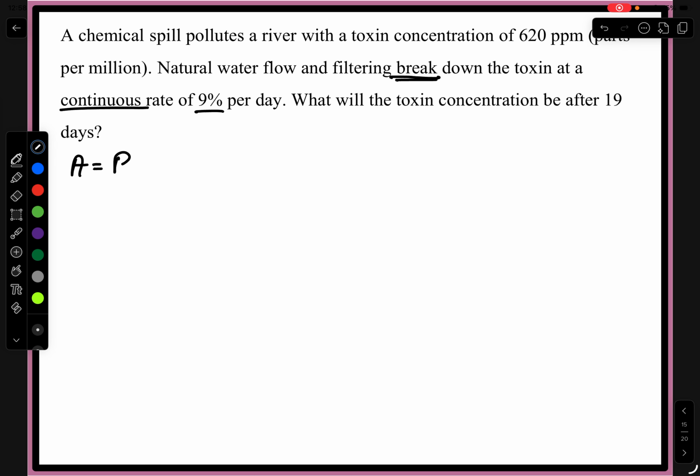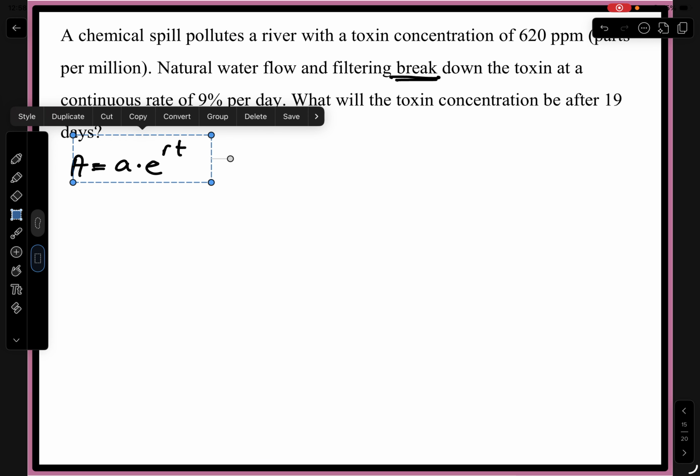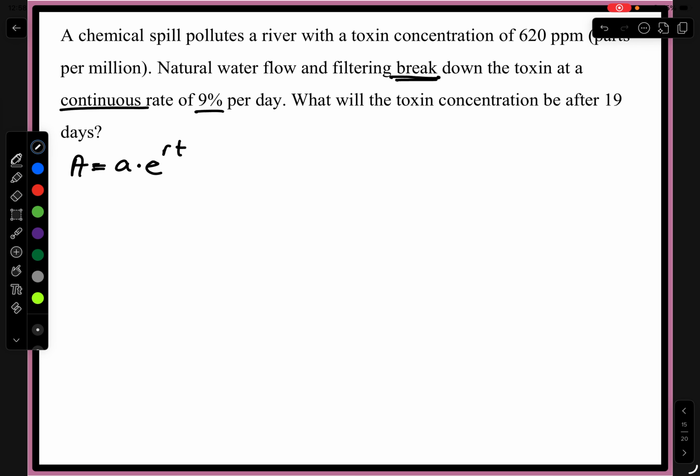A equals P times e to the rt. And like I mentioned in today's notes, that's the exact same formula as this. This one is just more exclusive to compounding because P stands for principal. And this one is just a general version of that formula, where A, the initial value, could be anything. Like in this example, it could be the amount of toxin that this river is going to have. So let's use the continuous exponential situation. So the value of A is going to be the 620, at least in my example,